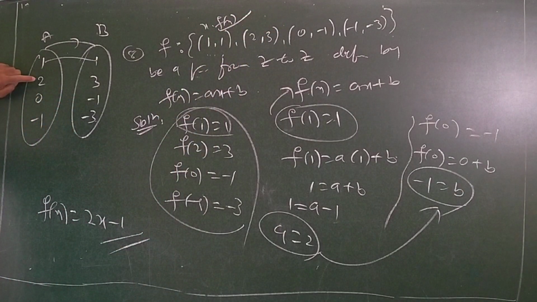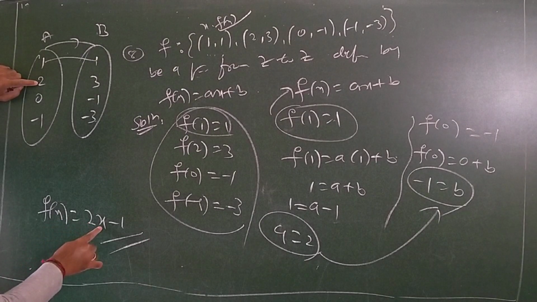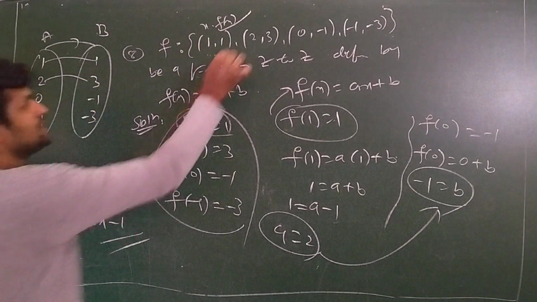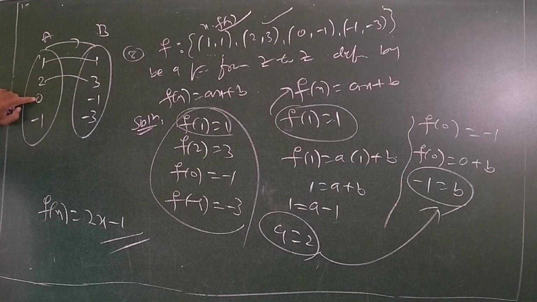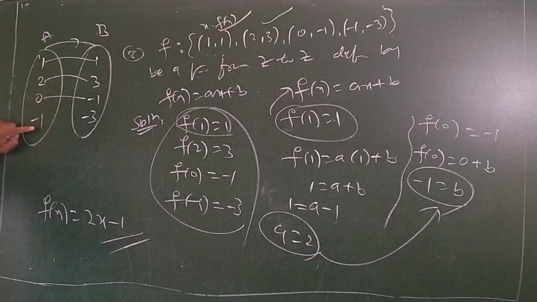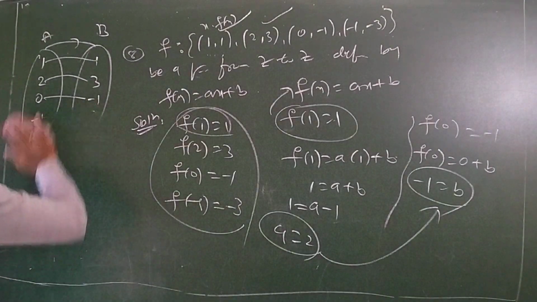We don't have the right to check the given question, okay? But still we are checking. In place of x, we are replacing 2. F of 2 is 2 into 2, 4. 4 minus 1 is 3. That means 2 is mapping with 3. That means this is okay. Then next, in place of x, 0 gives minus 1, it is okay. Minus 1 gives minus 3, you will get. It is also okay. Check it out. Is it okay? Done.